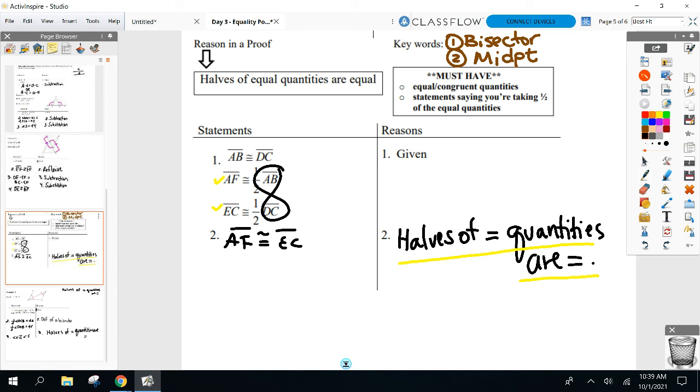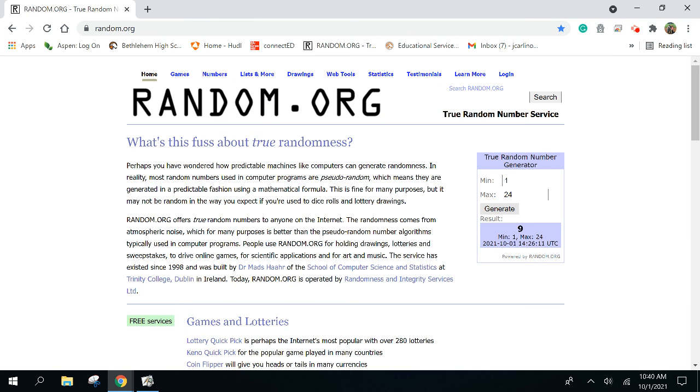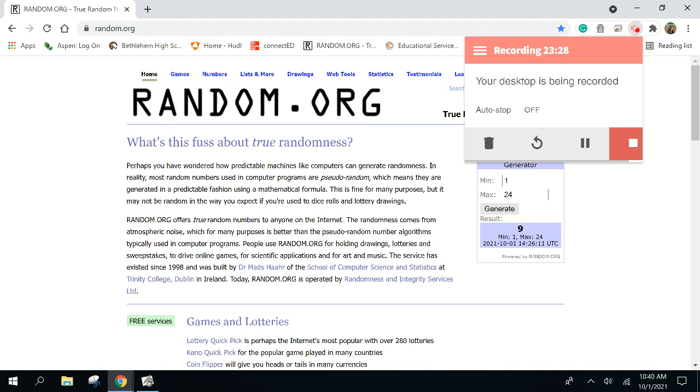All right? Just look at 2 quickly. Do you see the word midpoint or bisects at all in number 2? Anybody see it? So you shouldn't be using what in the proof? Halves of equal quantities should not come up. So maybe it's in an addition or subtraction proof instead. Okay? The only time we're going to use halves of equal quantities are when I see bisector, midpoint, or like in number 1 where I just wrote out that they're half. Get after it. Let's go. Yes, it's getting tougher because the number of facts I